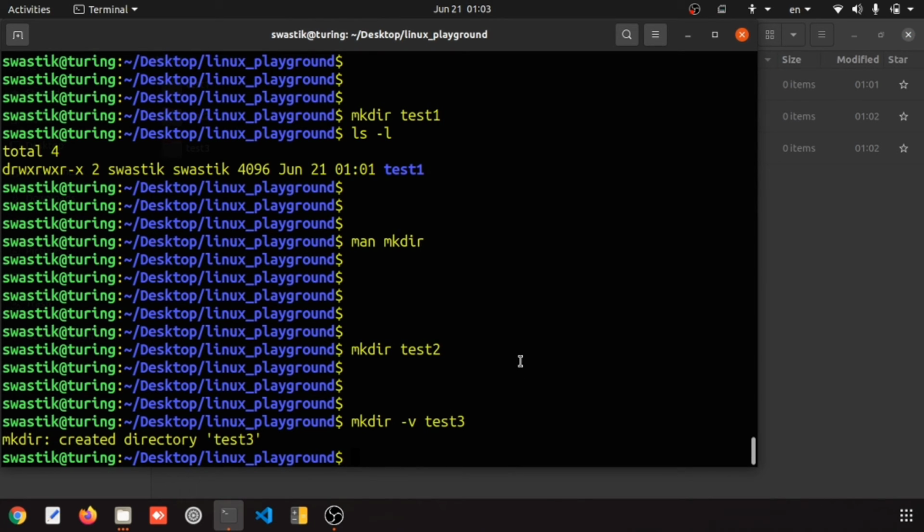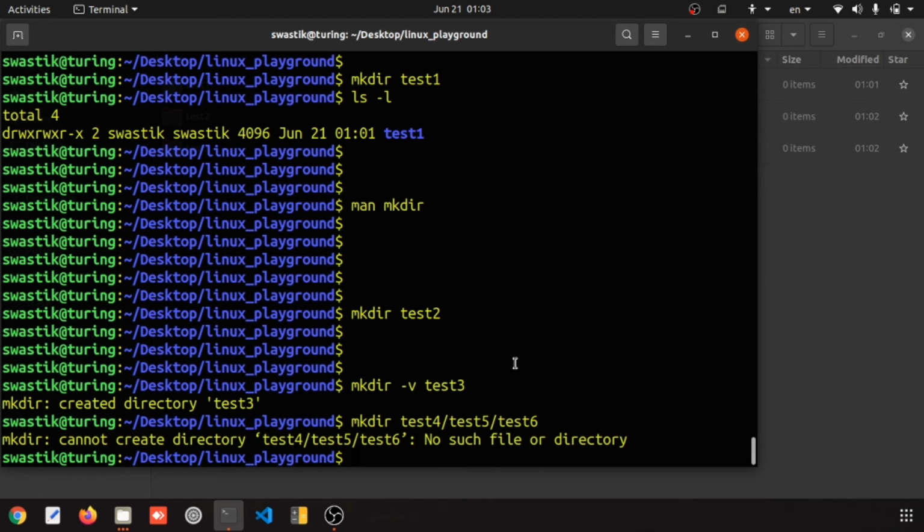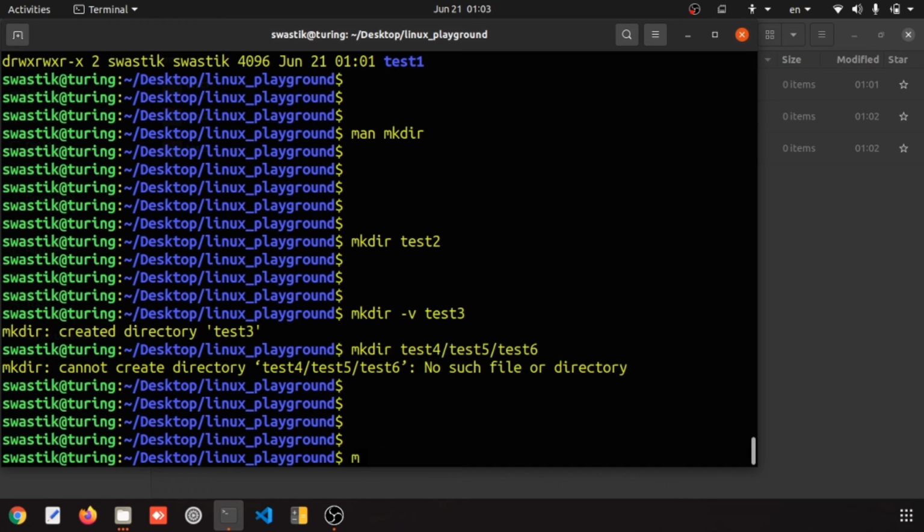Now suppose you want to create one directory and inside it another directory, like mkdir test4, inside that you want test5, inside that you want test6. Would it work? No. See that it is saying cannot create directory, no such file or directory. So would you go to every directory and then create one folder? No, obviously. So what is the option?